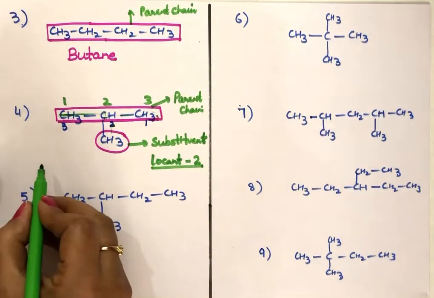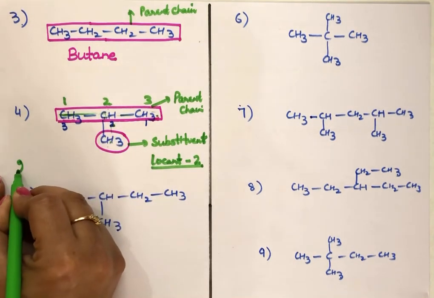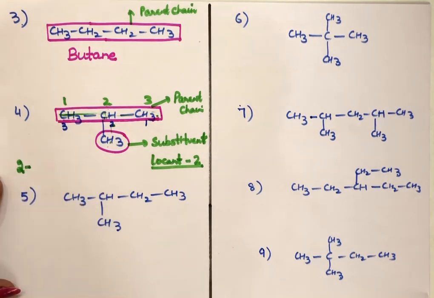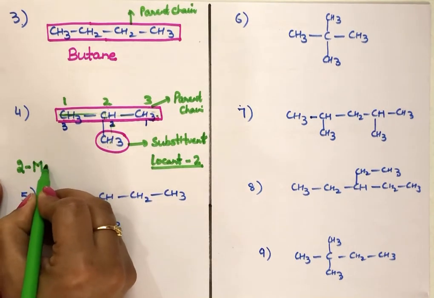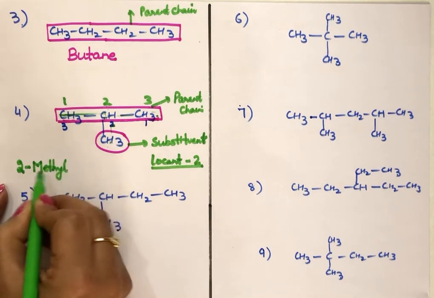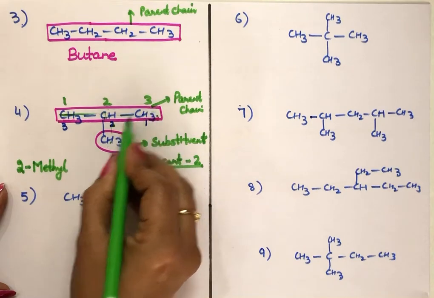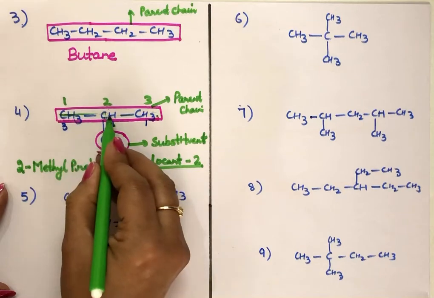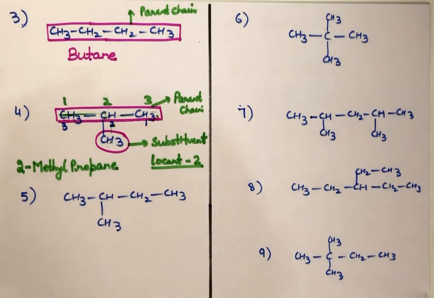Now in the name, first of all we write the position. This substituent is linking with the second carbon atom, so we will write 2 here to tell the position of the substituent. After the position put a hyphen and then write the name of the substituent. This substituent is methyl, so 2-methyl. 2-methyl means methyl is with the second carbon atom. This is over. Now come to the chain. In the chain there are 3 carbon atoms, so write prop for this. And after this, since there are single bonds between the carbon atoms, we will add ane. This is the name of the compound, that is 2-methylpropane.